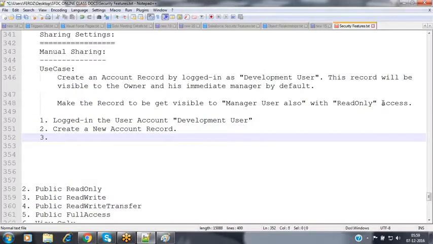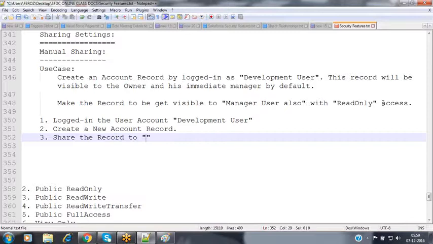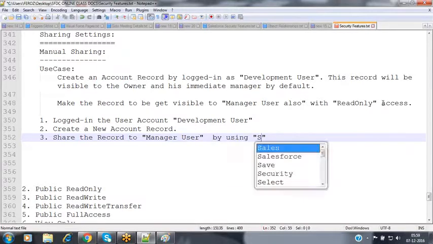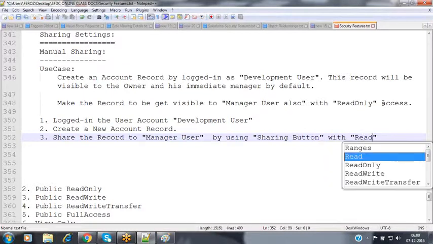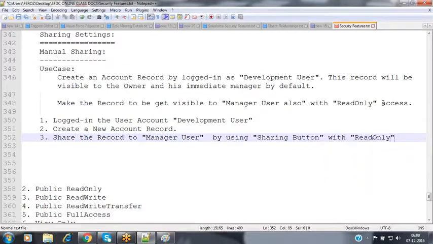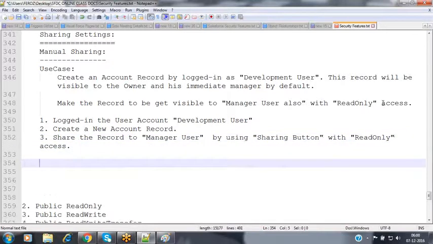And then share the record to the manager user by using the sharing button with read only access. Now these are the three steps that we need to perform right now.